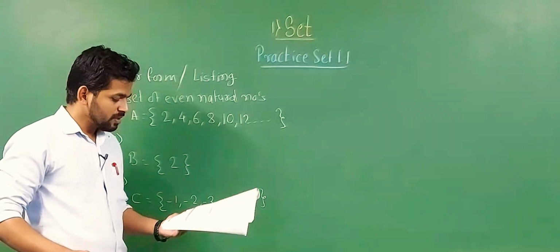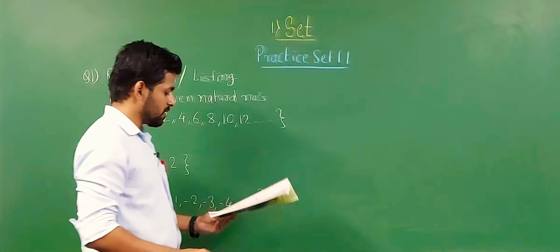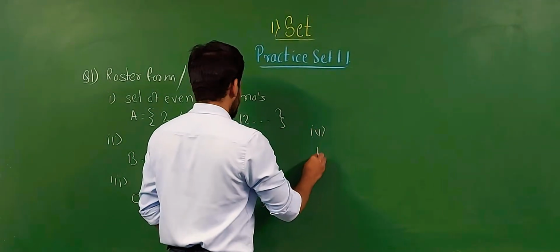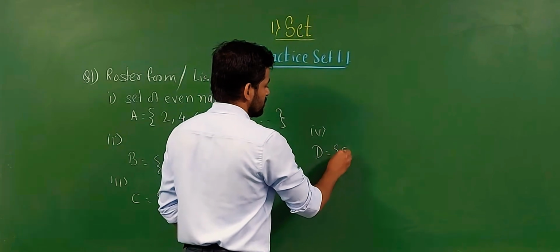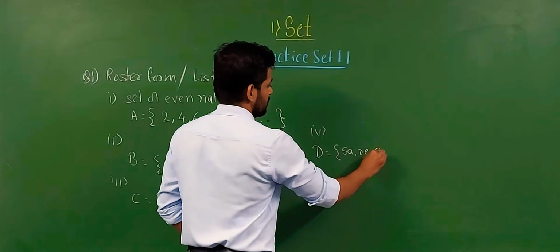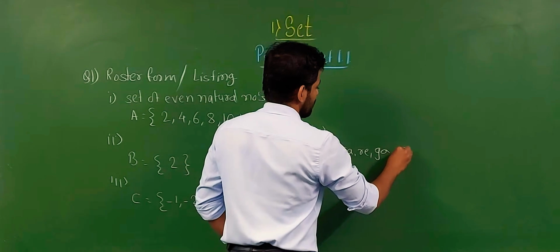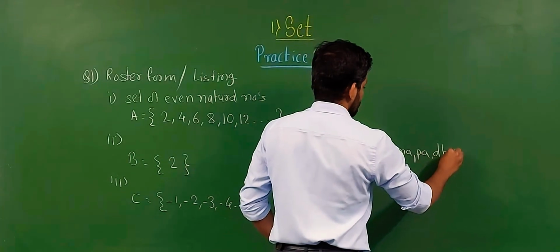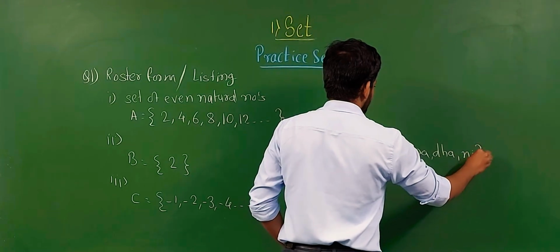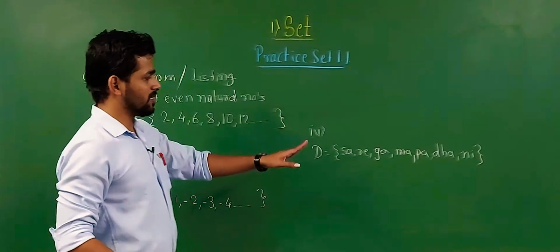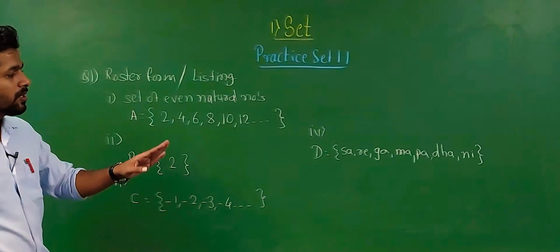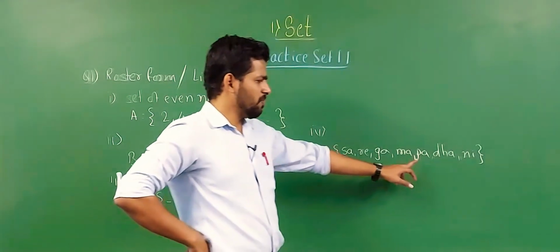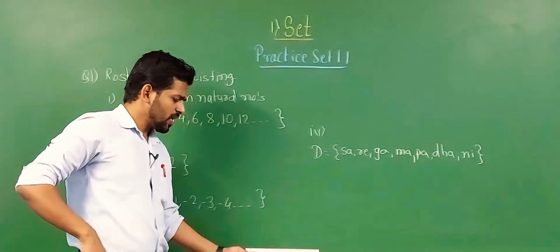Let's see the next one, the 7 basic sounds of sargam. Everyone knows the 7 sounds, that is set D equals sa, re, ga, ma, pa, dha, and the last one ni. We do not write sa again, because the 7 are sa, re, ga, ma, pa, dha, ni. That much is enough. Just check here whether it is pa or pha. Okay, let's see the next one.